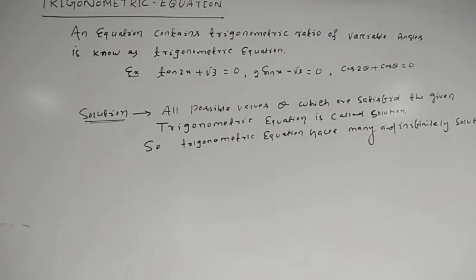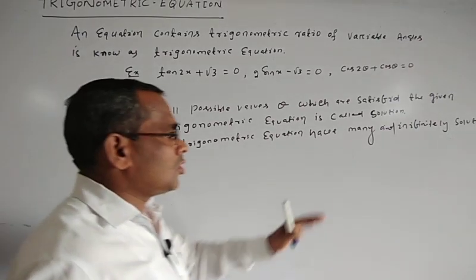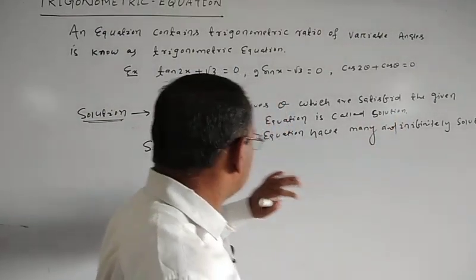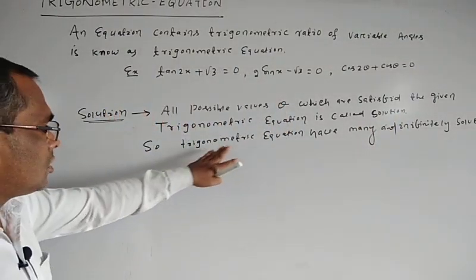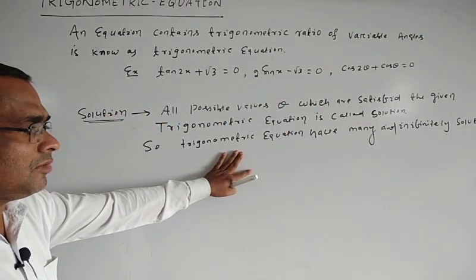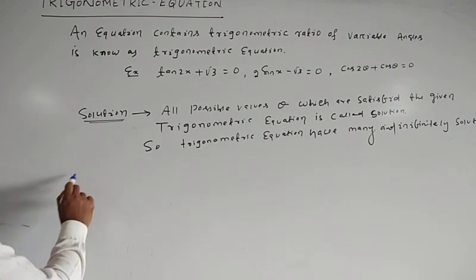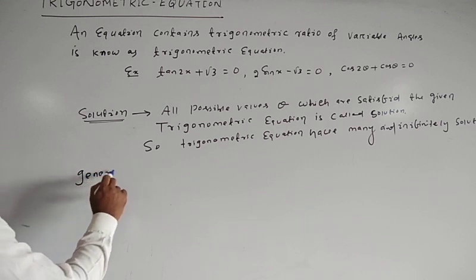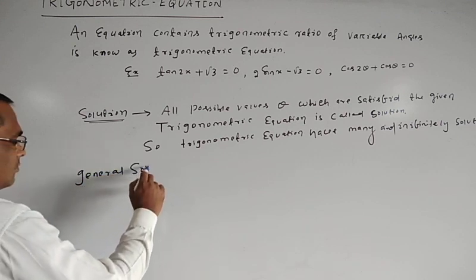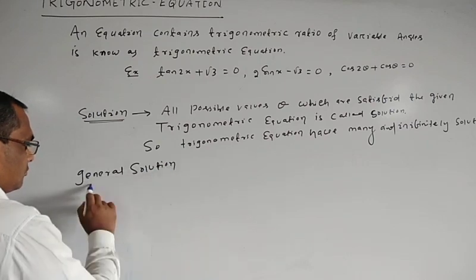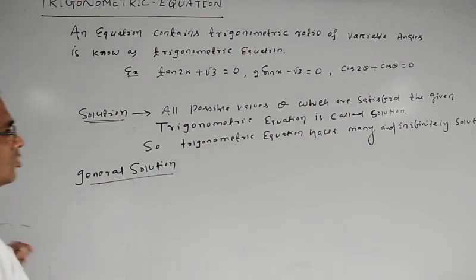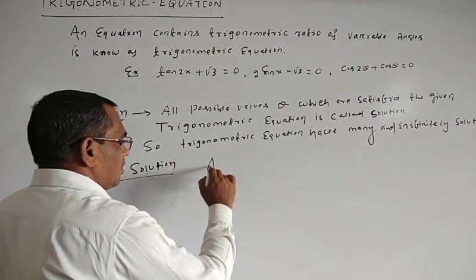So all possible values of theta which satisfy the given trigonometric equation are called a solution. Okay, and that solution is known as a general solution. So a trigonometric equation has many, infinitely many solutions. So solutions are of two types. The first is the general solution. So general solution means all values of theta